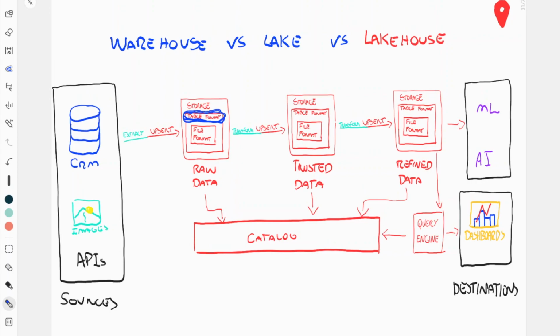You have multiple, I'm going to go through them also, but you have this concept of table format that changed everything for data lakes. It actually changed them to lakehouses. And you can have ACID compliant